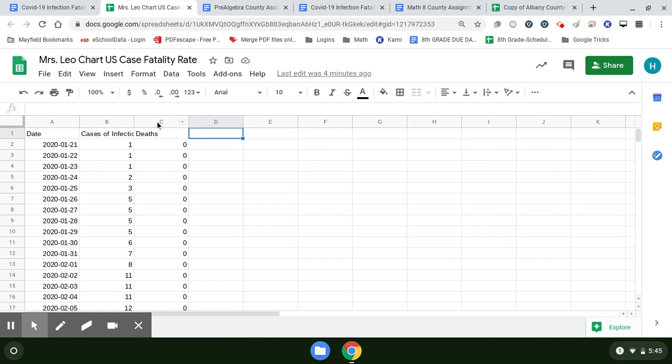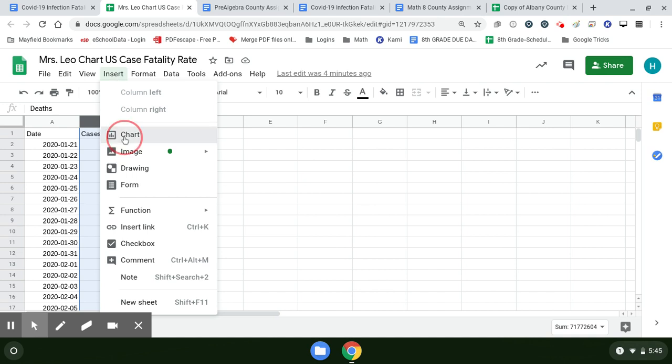So the first thing that I have to do is select those 2 columns. I'm going to click on B. Notice B becomes highlighted. Then hold down the control and click on C. Okay, there we go. So now I have both of those highlighted. Make sure that those are the only 2 columns that you have highlighted. Do Insert, Chart,